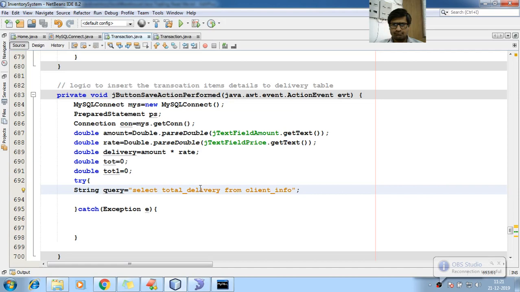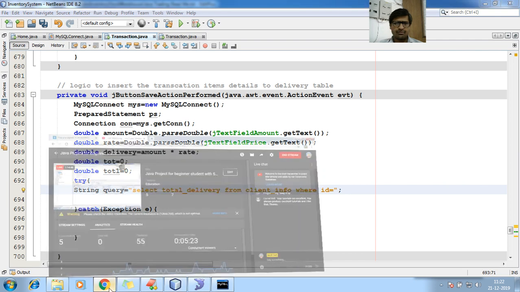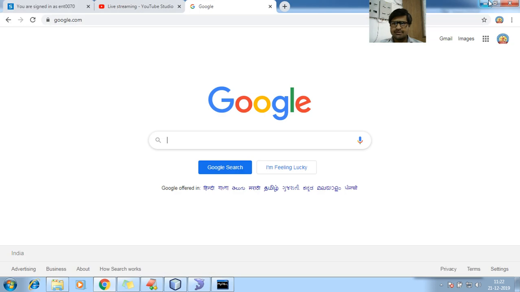So here select total underscore delivery from client underscore info table, where id is assigned with the